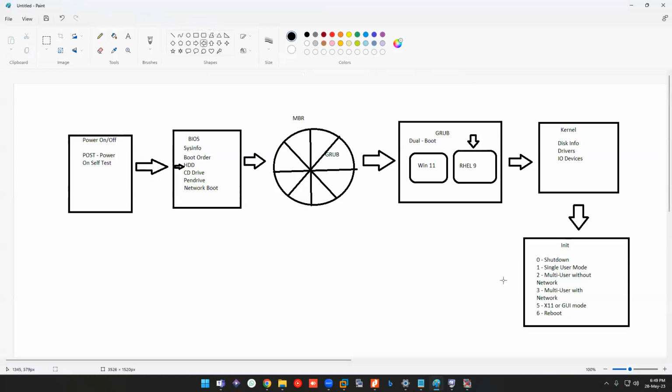So what is the difference between init and run level? The next thing is your run level, and this is the last stage. It is nothing but your startup apps. Let's say you selected init 3. As I told, init 3 and 5 are the most used ones.